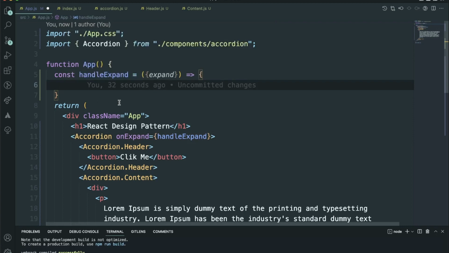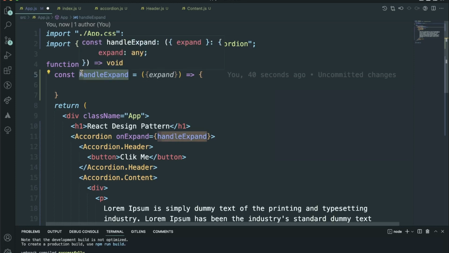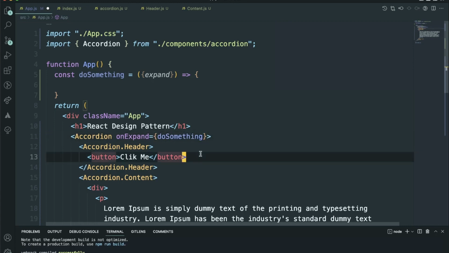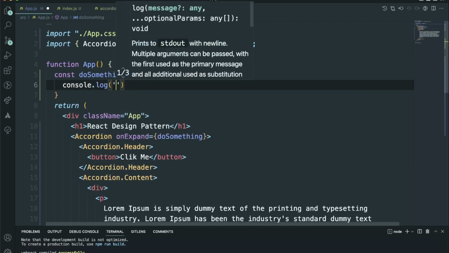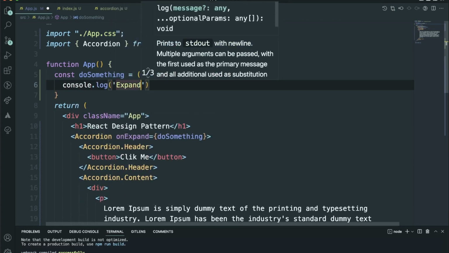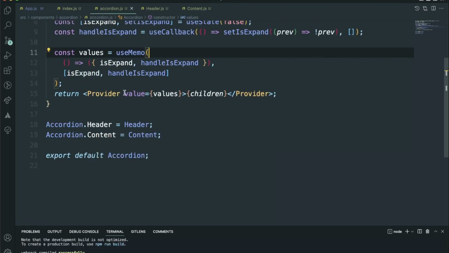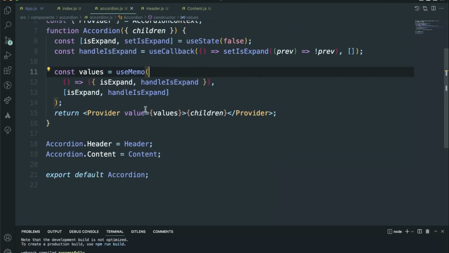It is not exactly handling the expand, but it is giving us a callback which is going to trigger when our state changes, right? So we can say do something, and we're just going to pass doSomething over here, and this is going to give us the expand. We're just going to console log the expanded. Okay, so now inside the accordion, we're going to accept this onExpand,